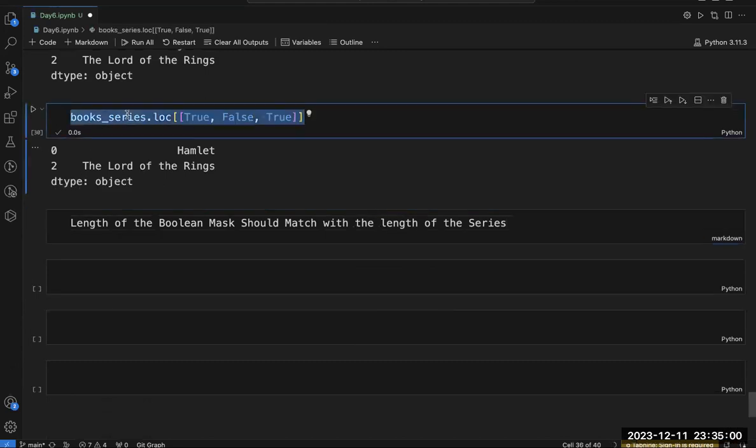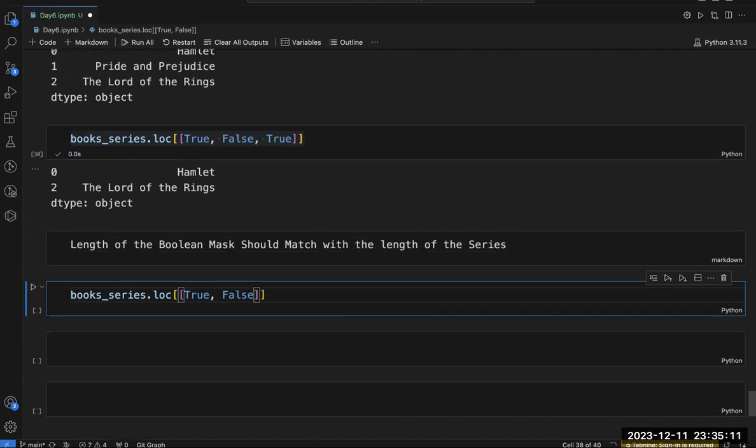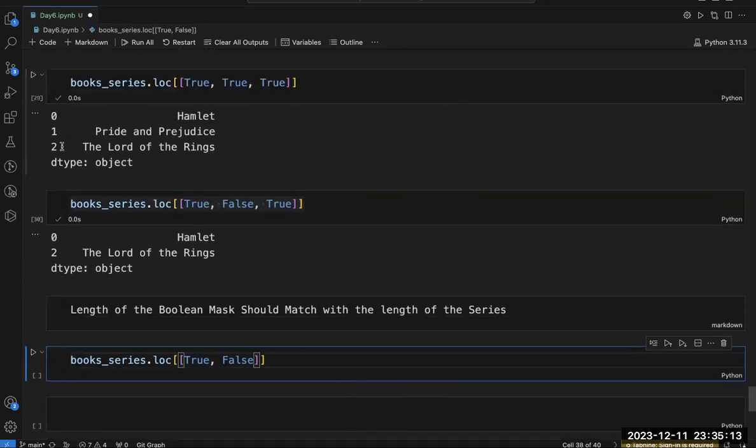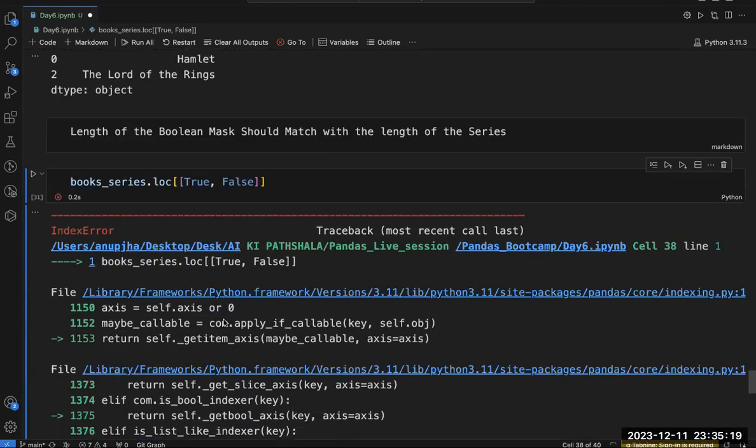Let's understand this. Let's say I'm removing true from here. I know from my knowledge that my series is of length 3, and here I am giving only 2 Boolean values. If I run it, it will throw me an error.